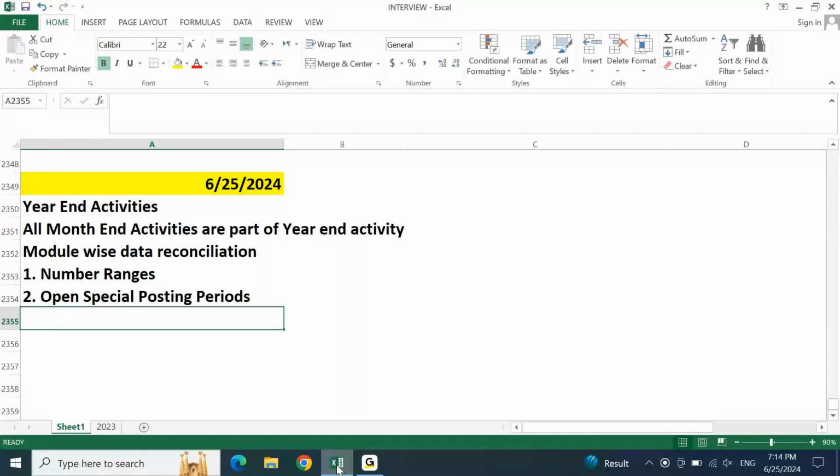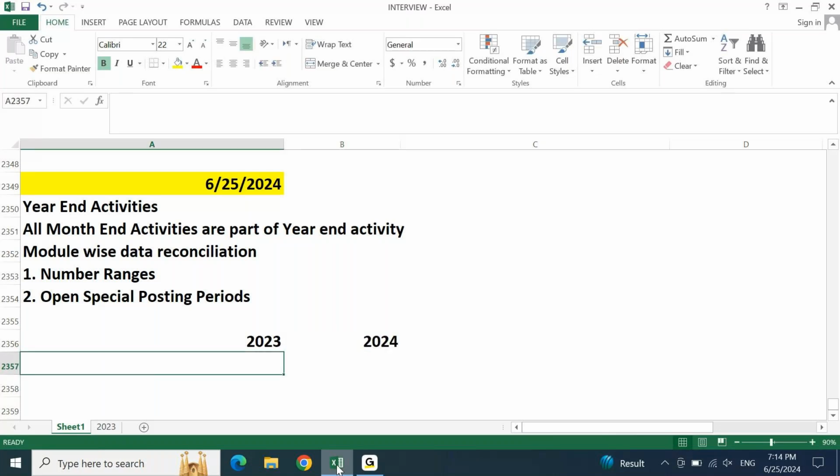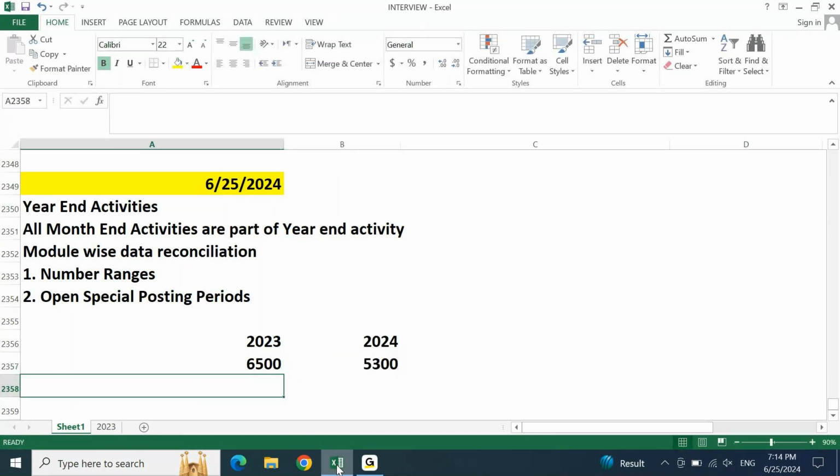Sometimes the 2023 closing balance is 5,000 and the 2024 opening balance is 6,200. Possible or not possible? For example, I have 2023 and 2024. In 2023, my closing balance is, let's say, 6,500, and in 2024 my opening balance is 5,300. Is this possible or not possible? Not possible, sir. Yes, sir, it's possible. Why is this possible? For example,